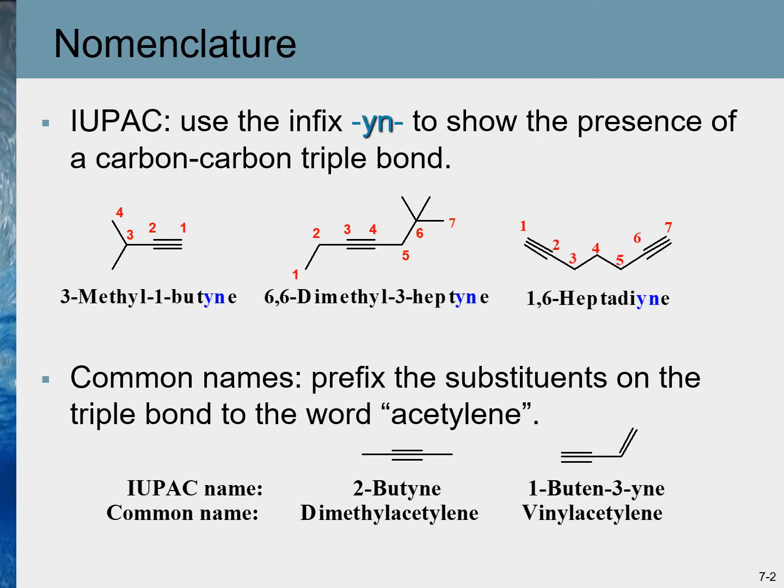According to IUPAC rules, the infix yn is used to show the presence of a carbon-carbon triple bond. So the smallest alkyne with only two carbons is called ethyne, and an alkyne with a three carbon chain will be known as propyne. The IUPAC rules for naming alkynes are similar to the ones for alkanes and alkenes, and it also involves the